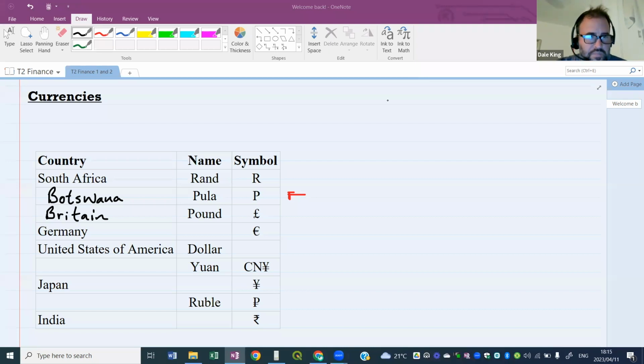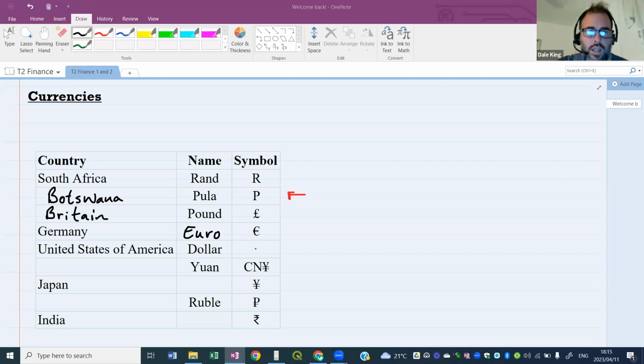So Germany. Germany is a country, and the answer's already coming in. There we go, euro. Okay, so Germany is a European country, so they will have the euro. A lot of European countries have that currency. All right, United States of America. Now, I know you guys are typing. I'm sure you got the sign there. The symbol for the dollar, please. There we go. Well done, Opelo. Olibacheng, good job.